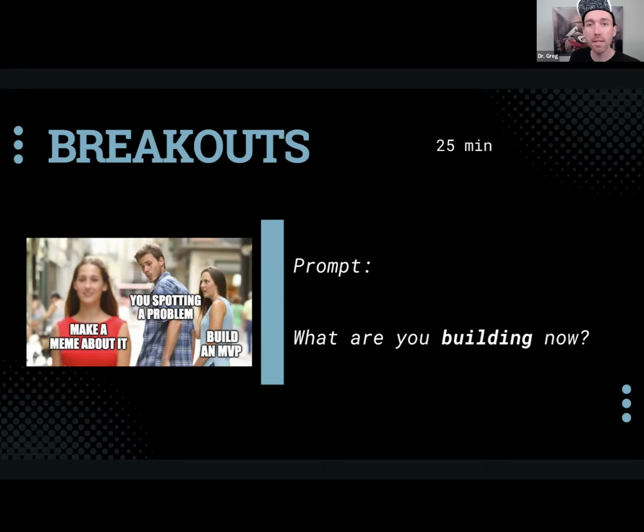Everybody's going to get about 2 minutes to talk about this, and your peer supporters are going to lead with skin in the game. They're going to tell you what they're building and how they're trying to take it to the next level. We want you to get in the habit of building, shipping, and sharing, telling people about it, and doing it with a community. So we're going to spend some time together.